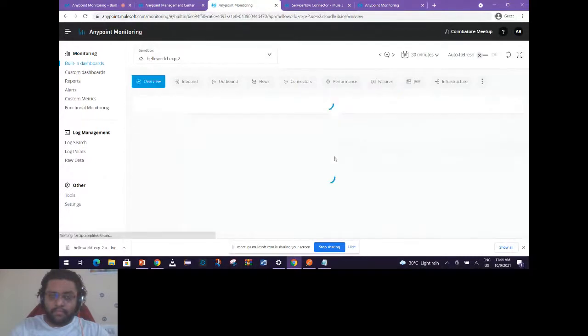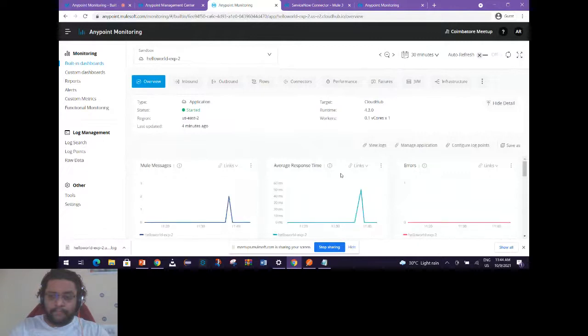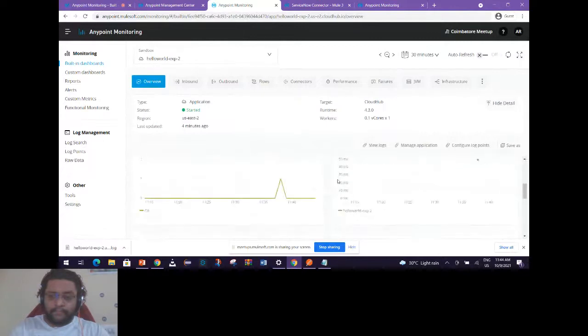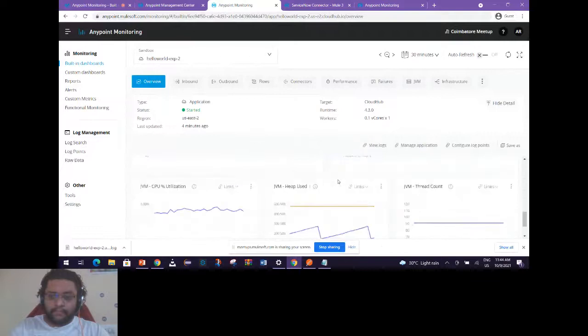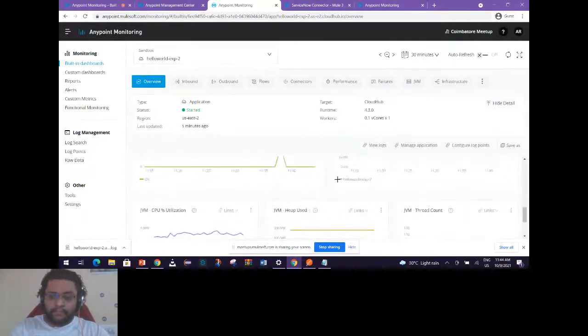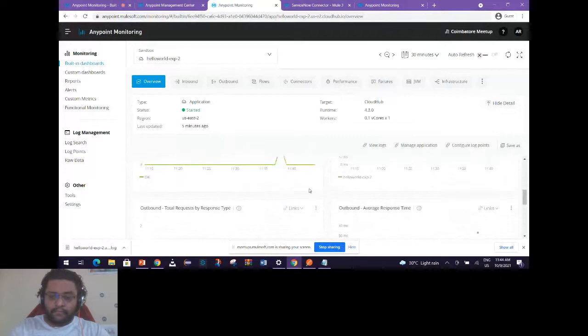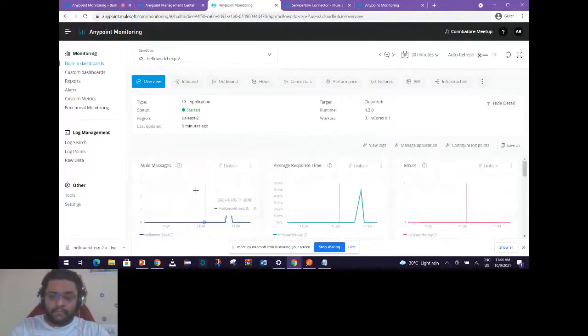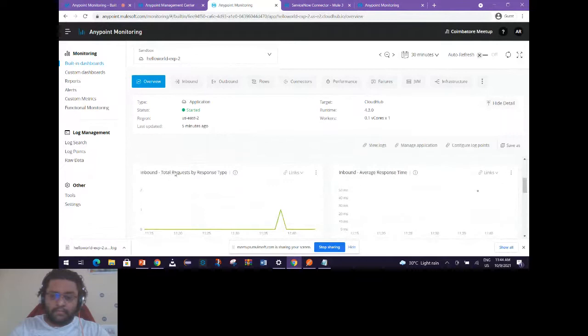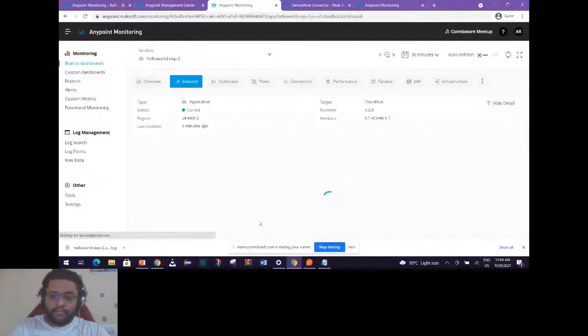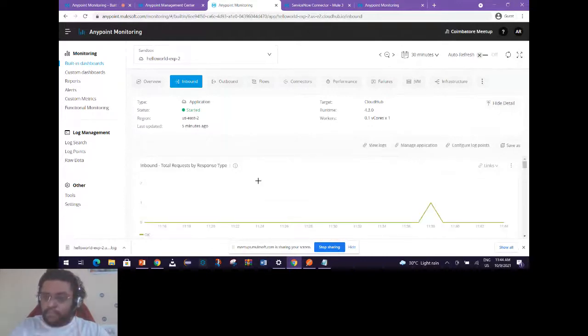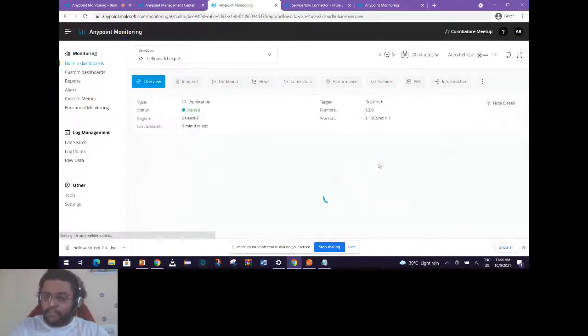So as you can see, this is the overview tab. The overview tab will give you the graphical representation of the metrics at a high level. And if you want a further deep dive or detailed metrics for each of those things, for example this is for the inbound. If you want a detailed description of your inbound metrics or the inbound messages coming to MuleSoft, then you can go to this particular tab and see the metrics which are very much related or focused on your inbound requests. So let's go through them one by one.